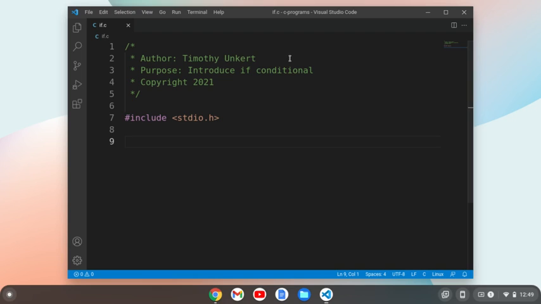I have the purpose of this video right up here in a comment, and I also have the header file included, so let's get started with the main function. All right, so I'm going to create a main function, and I'm going to create two integers,